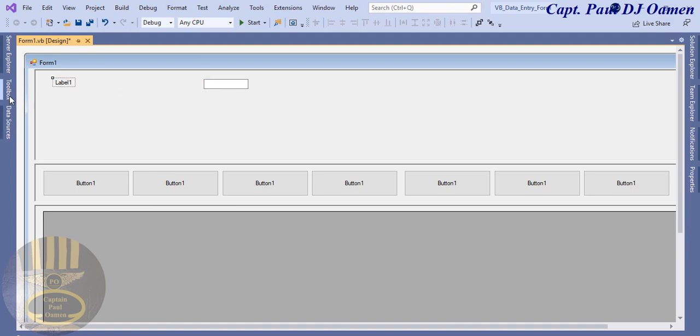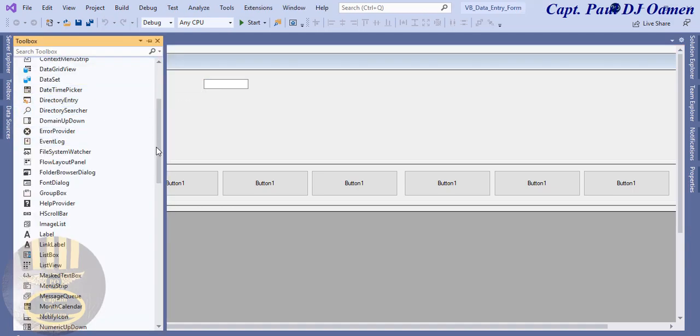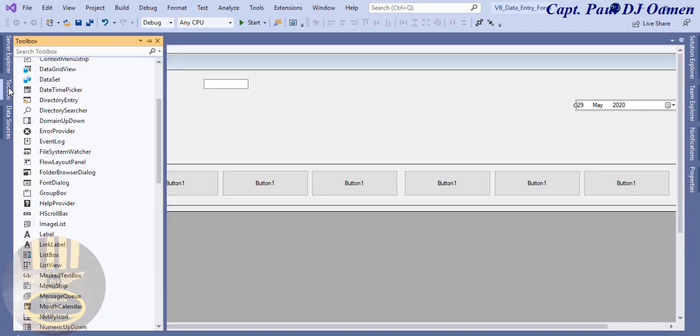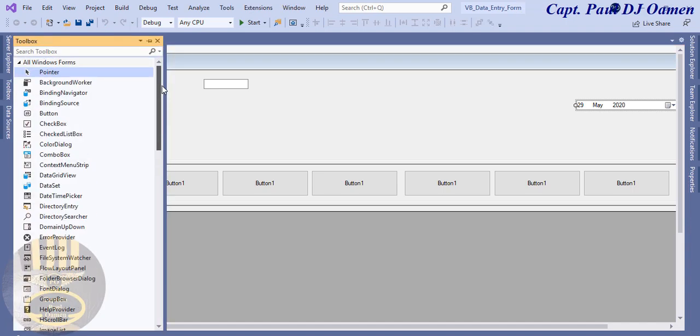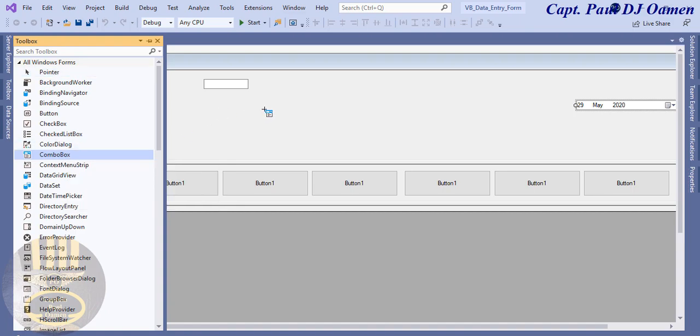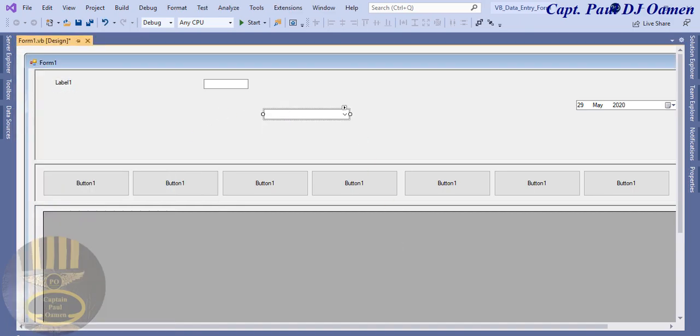Then we need a combo box and a date time picker. Then a combo box right there. Okay, I'm going to select all of my components and let's change the